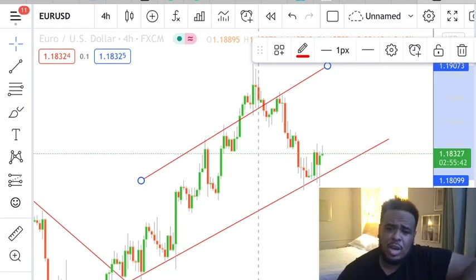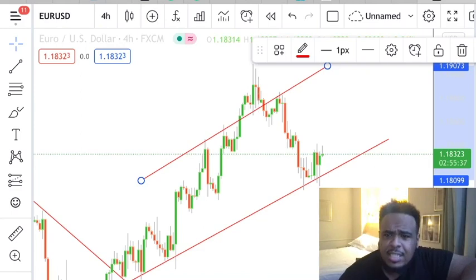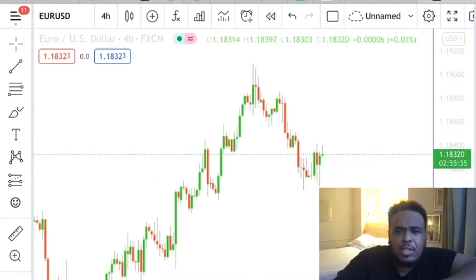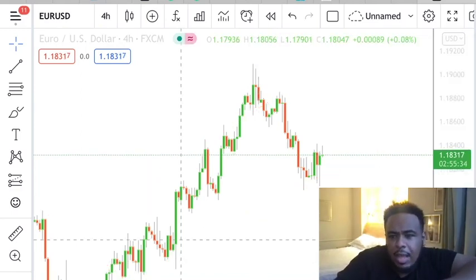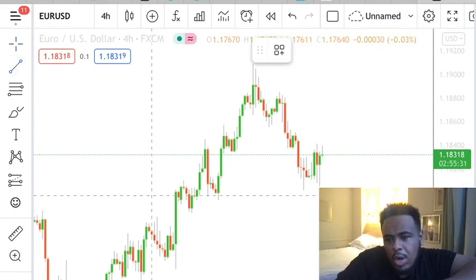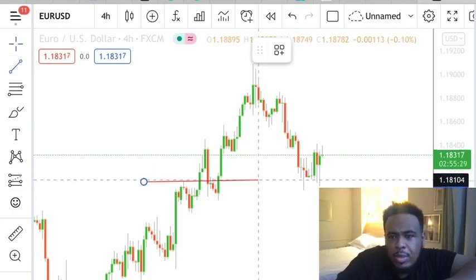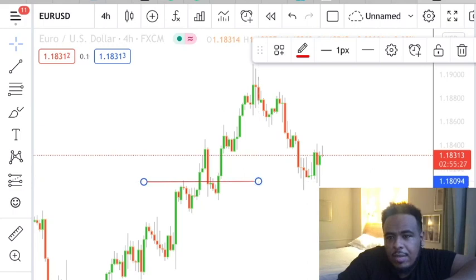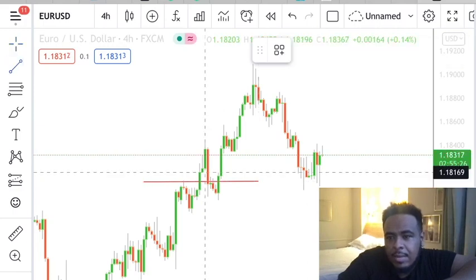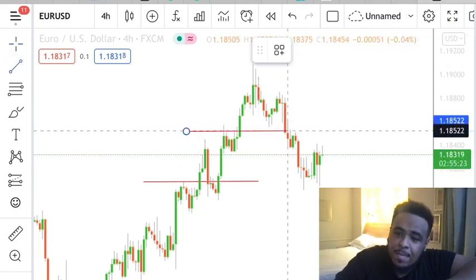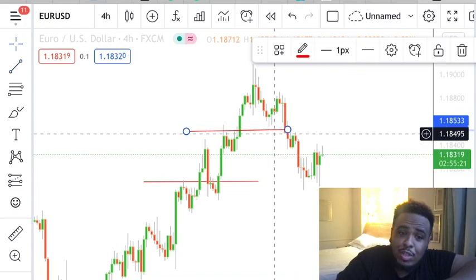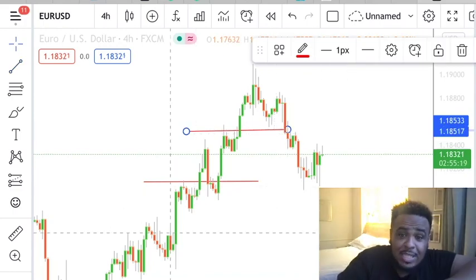Yeah, and it's so important. Let's say we clear this up for a bit. Hold on. I know I've got a lot of trend lines. This is something I would like to show you guys. So let's say we get this trend line here, and we draw one level here, and we draw another level around here. So as you can see, it rose, a bullish movement, respected a line, came back